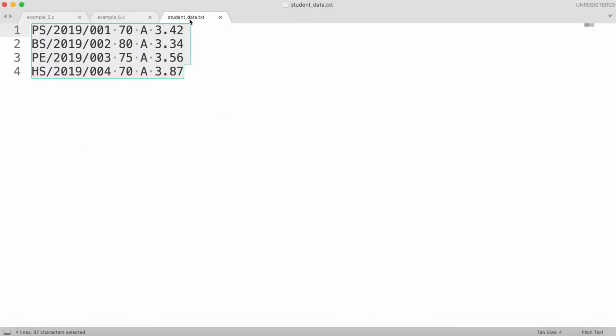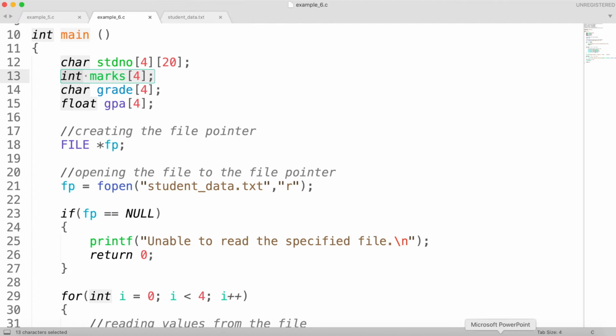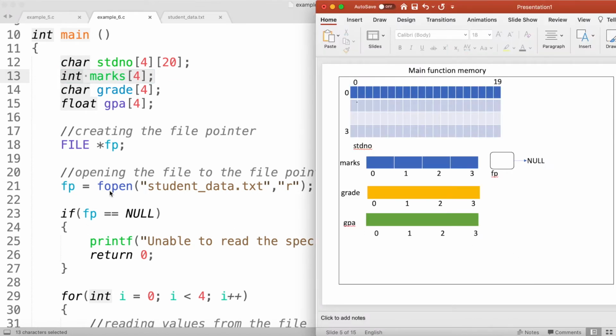So my fopen command will successfully open that file in read mode and assign it to my FP file pointer. After successfully executing this statement, this is how my program memory looks, with the student_data.txt file attached to the file pointer.